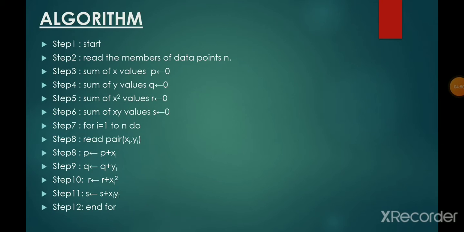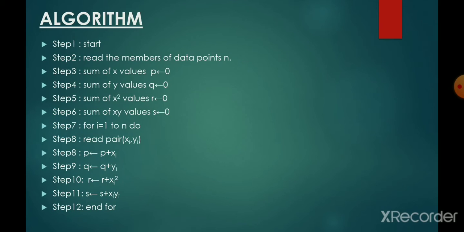It's all about the theory, and then we are discussing the algorithm of this program. First step is start, then read the number of data points n, and set sum of x values p equal to 0, sum of y values q equal to 0, sum of x square values r equal to 0, and sum of xi yi values s equal to 0. For i equal to 1 to n, do: read the pair xi yi, then p plus xi equal to p, q plus yi equal to q, r plus xi square equal to r, s plus xi yi equal to s, and